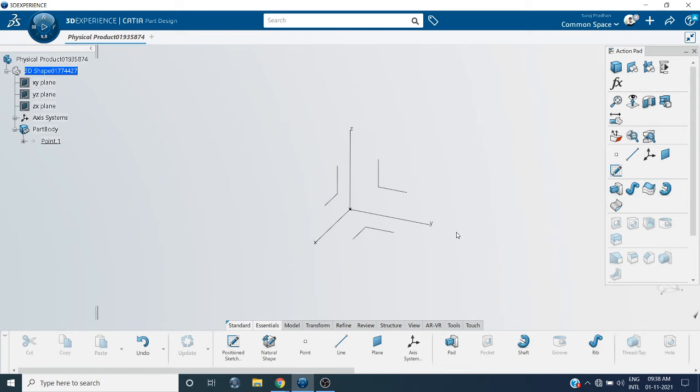Now sometimes the axis system size is very small, and sometimes it is very big. For that, what do you need to do? We need to change the axis system setting. Just go to preference. In your cloud system it is legacy preference, or if it is in your server system you can directly go to preference.